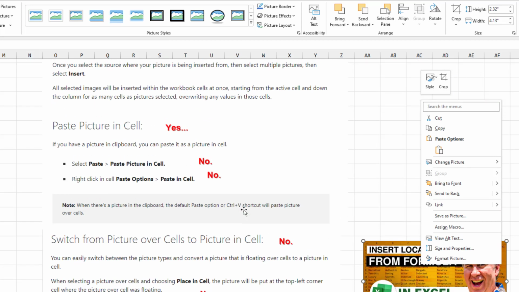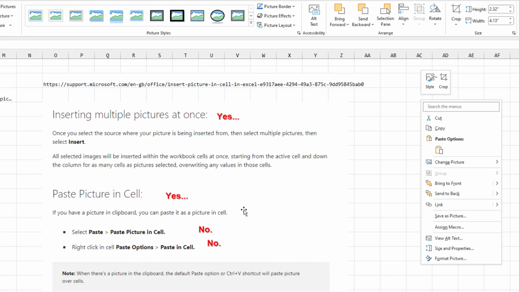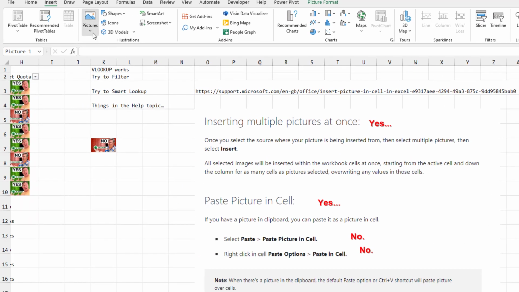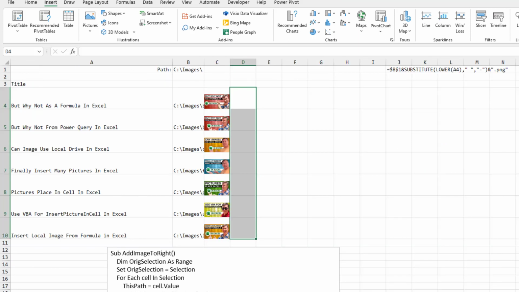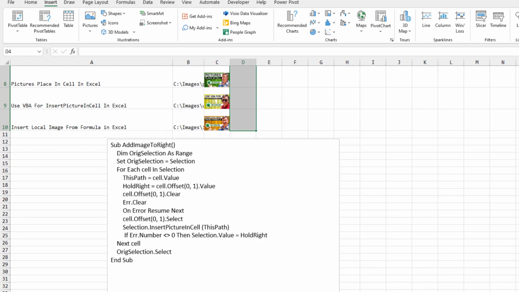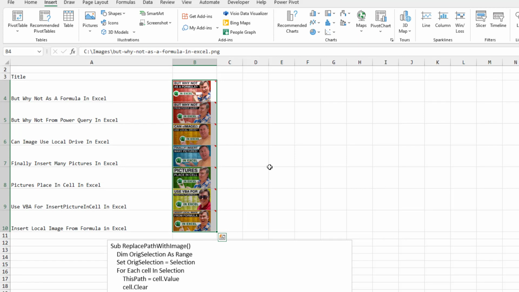This is really strange, that someone wrote the help topic and only about 40% of the help topic is right. It almost makes me wonder, is this something that wasn't supposed to come out yet? Is this something where someone flipped a switch and we accidentally got this in Insider's beta and it's really not fully baked yet? So there you go. When you get this feature, two different macros for you, either add to the right or replace. And don't forget, check the webpage, because what always happens is people will add new comments down below. Hey, is there some way to do this instead? And we'll just add that code to the web page as those come out.